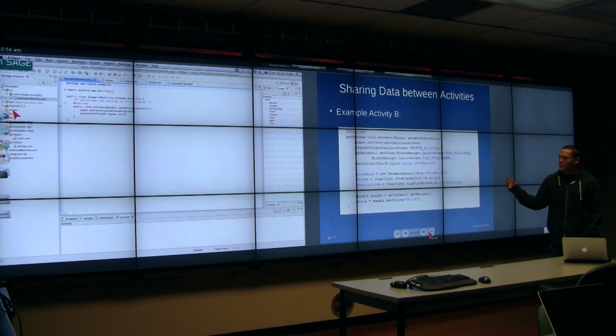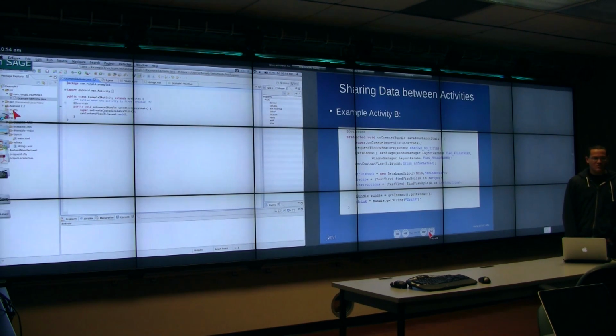But if it's something from one activity to another, for example, let's say I'm doing a paint program. I have an image, and let's say I click on something to change the image so that it's sepia tinted. So it brings up an activity panel, and lets me adjust the color of it. But it's adjusting the color of the main image, not a copy. Would I copy the file, or would I copy the image, or would I just point a reference to that image that we're changing? What that does,